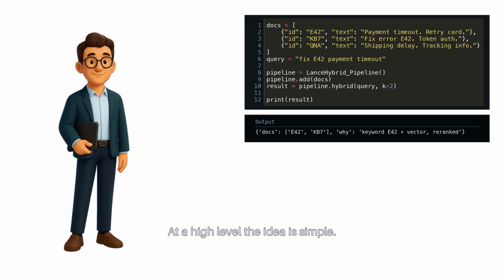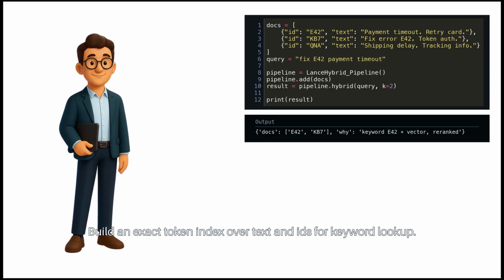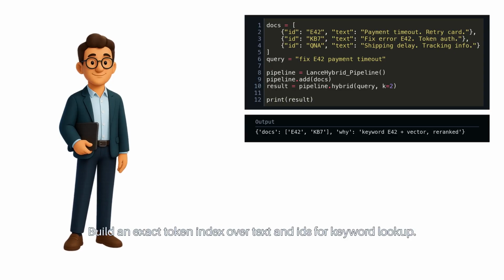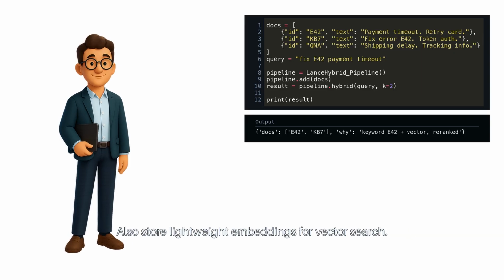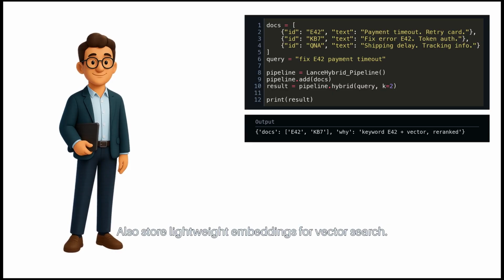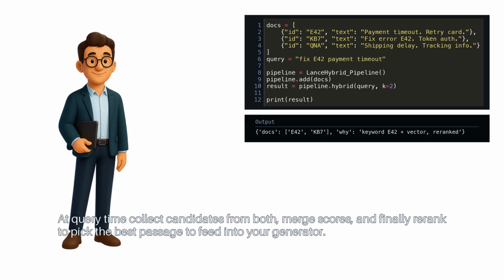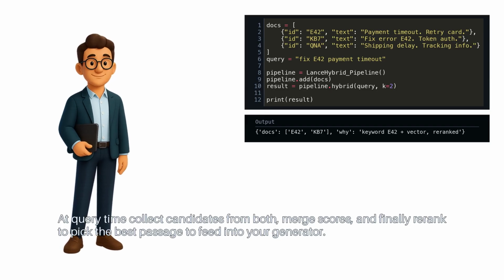At a high level, the idea is simple. Index your texts with a small table. Build an exact token index over text and IDs for keyword lookup. Also, store lightweight embeddings for vector search. At query time, collect candidates from both, merge scores, and finally re-rank to pick the best passage to feed into